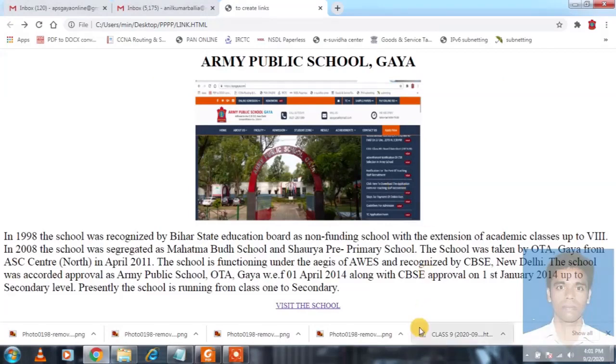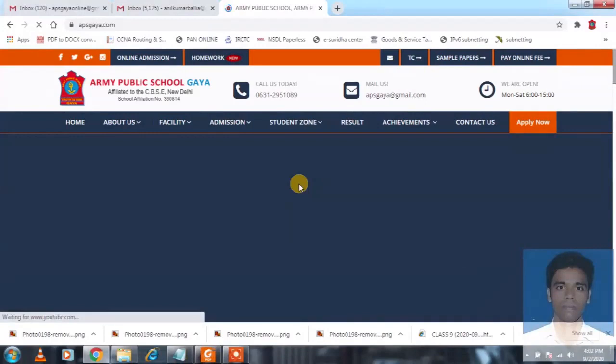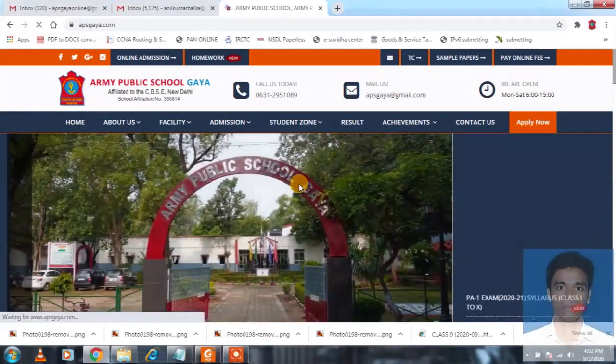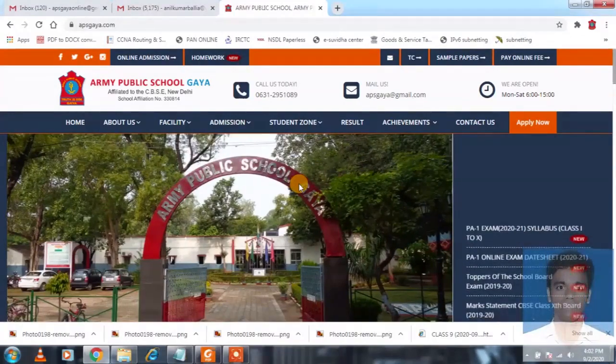refresh it. Okay, here whenever we move the cursor over the image, we get a pointing hand, and it indicates that this particular image is linked somewhere. So when a user clicks this image, it will redirect to the link. This is linking with the Army Public School website. So in this way we can conclude that we can link with the text and also with the